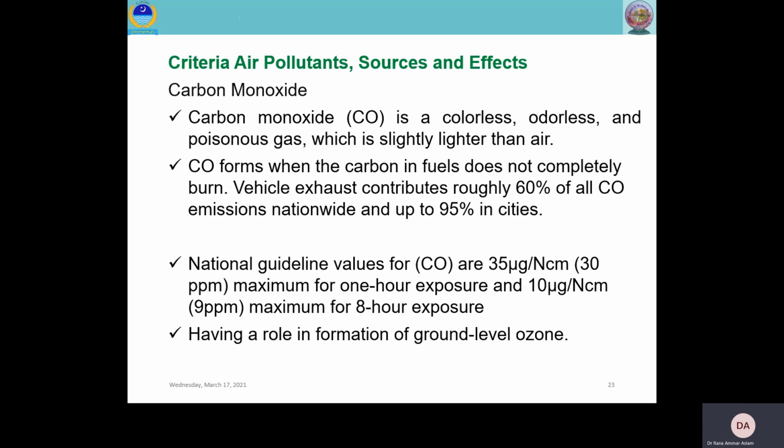If we see its sources, we can divide them into indoor sources and outdoor pollution. The greatest source of carbon monoxide to outdoor air are cars, trucks, and other vehicles that burn fossil fuels. A variety of items in your home, such as unvented kerosene and gas space heaters, leaking chimneys and furnaces, and gas stoves also release carbon monoxide and can affect air quality indoors.